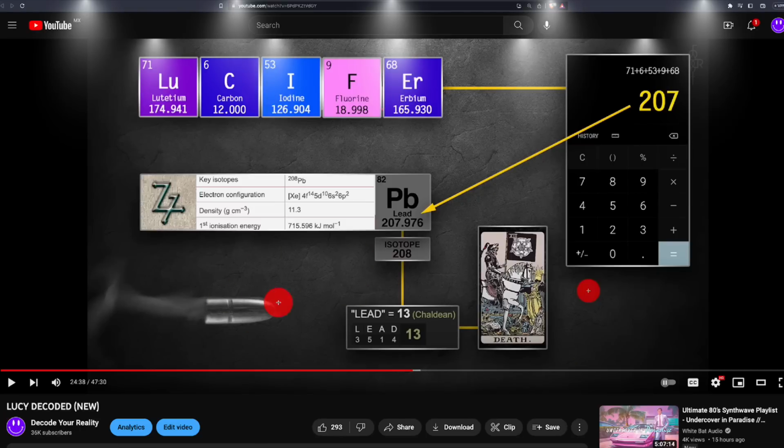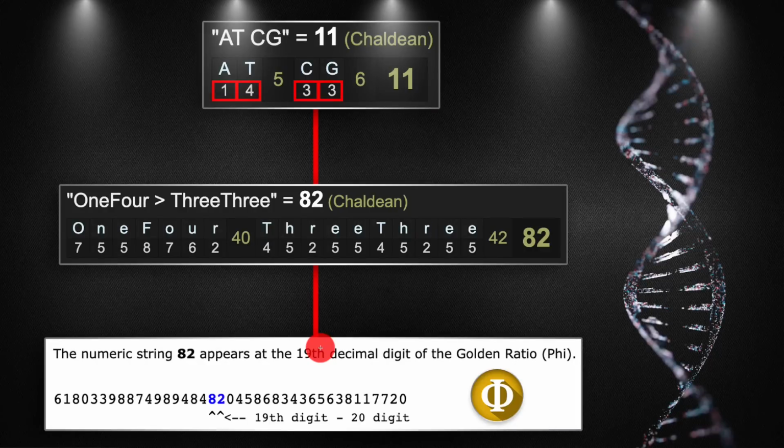Where do we get all this information from? Why was lead used for bullets? Who created them? Who came up with the idea? It's really interesting, all these things to take into consideration. And then if we say the numbers 1, 4, I already said that's 82, but if we bring it into the string of the golden ratio, I lost my place. If we bring the 82 into the golden ratio, it's occupying digits 19 and 20, which is so fascinating, ladies